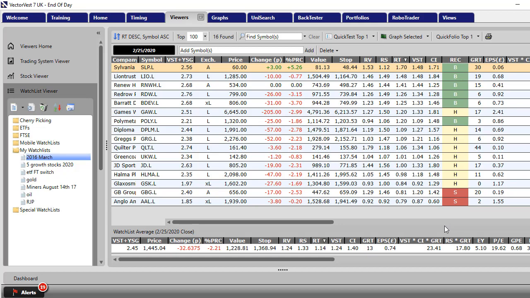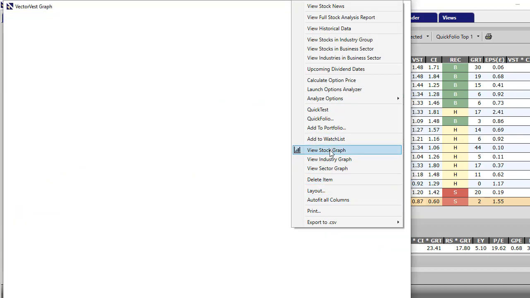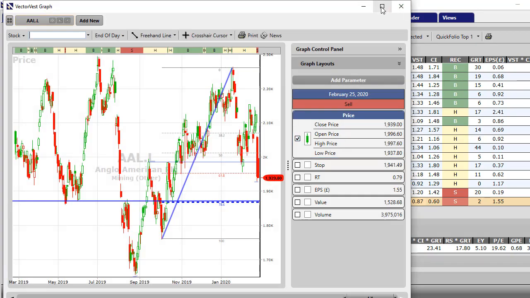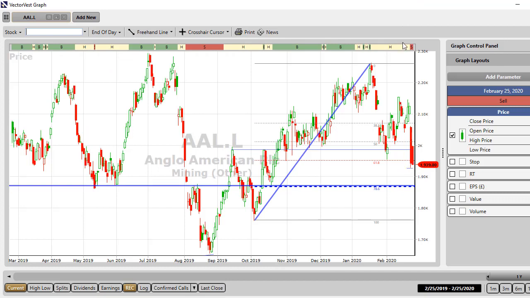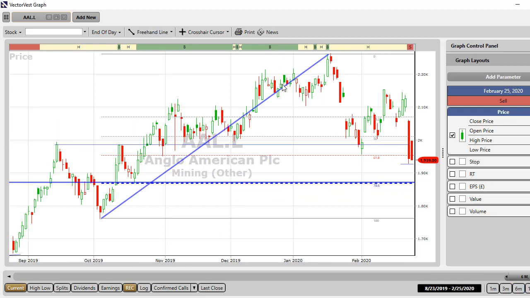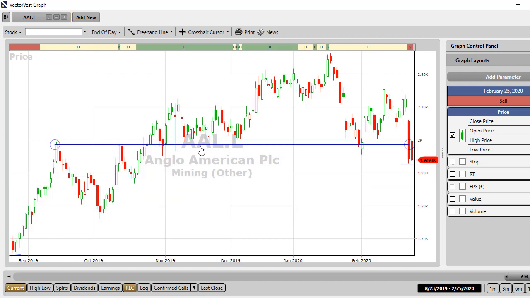I suspect that if we do get a bounce, and China, I believe, has gone back to work this week, that the copper price will move with it, so I can always get back into it again. I'm still holding Anglo. Anglo is holding on, as my granny used to say, by the skin of its teeth. And if I pull up that chart, I can show you how it looks. So that's Anglo, folks, and it clipped its stop loss the other day. And if I put up a 6-month chart here and maybe get rid of everything so you can see the wood for the trees,